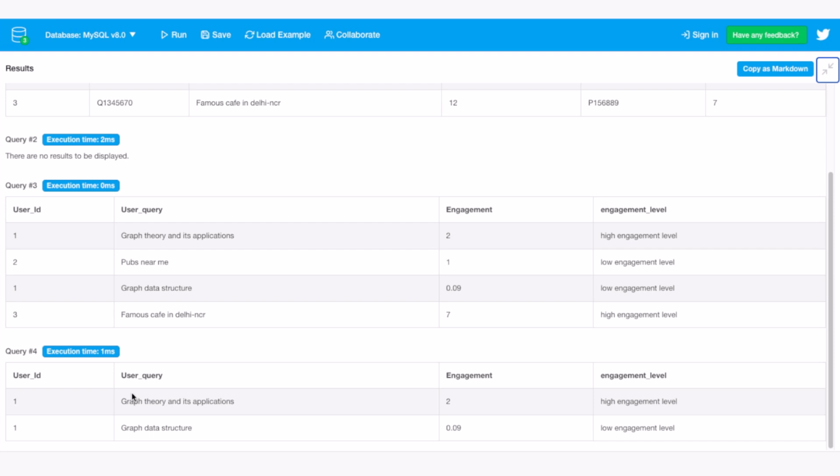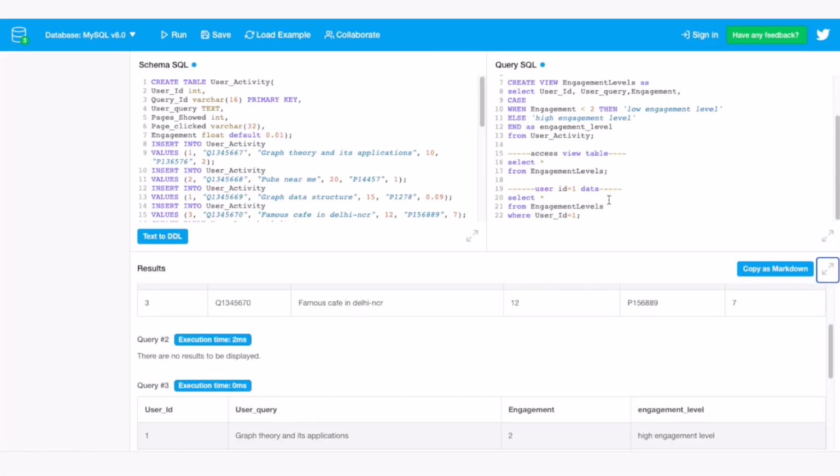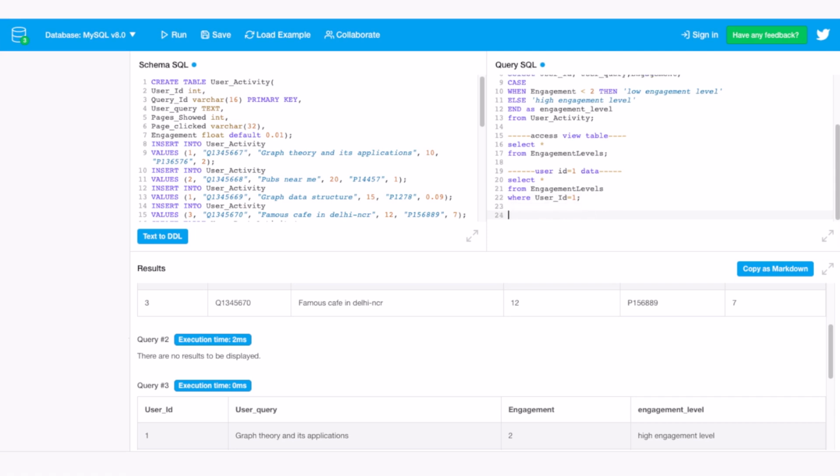Now, do you think by doing these changes, will our base table change? Like, do you think our user activity must have changed? Like, do you think engagement level must have come to user activity or not? Let's check that. Let's check our base table now. What must have happened to our base table? If I open user activity table,